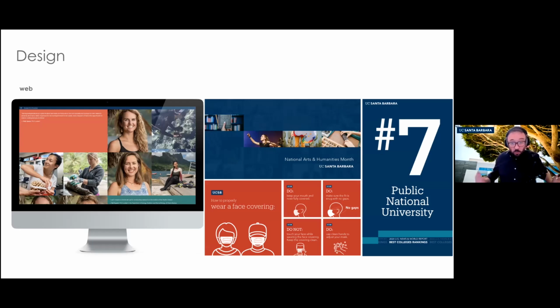So what do I do at UCSB? I do design for web. That looks like a lot of different things on a daily basis. On the left there, that's a custom website that we built for a multimedia news experience. UCSB has an operation in Moorea where students can go and do research at a coral reef, which is really exciting. We sent a photographer and a videographer down there to do comprehensive coverage. And then I was tasked with, here's a dump of photos and video and a writer who's going to write something, but she doesn't know where to start. Can you design something she can write to?